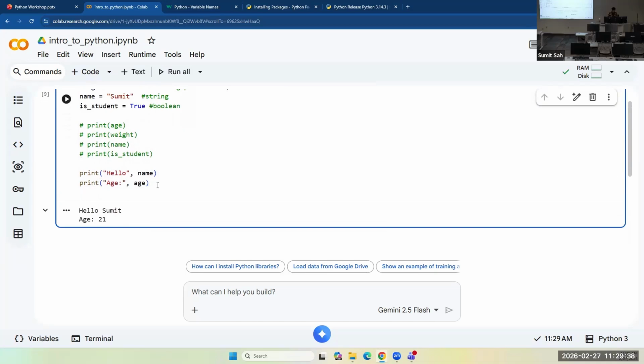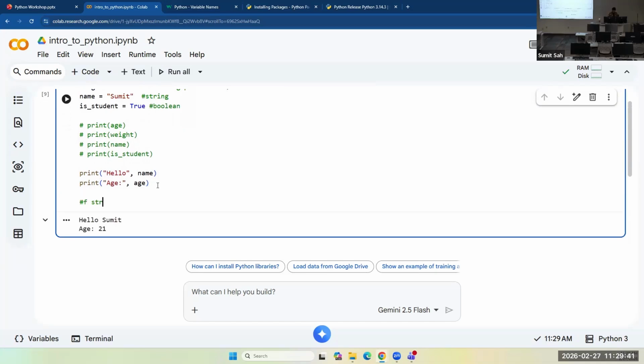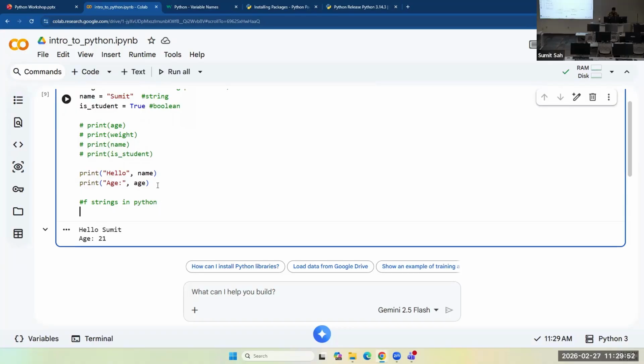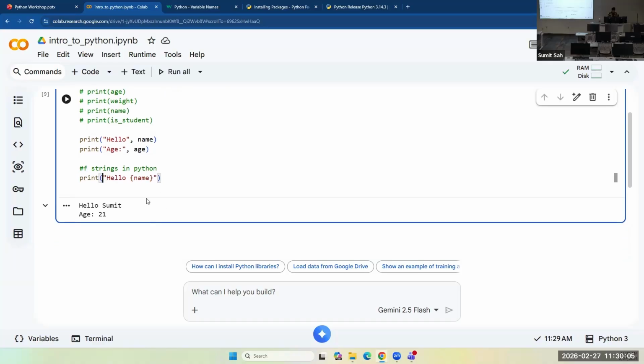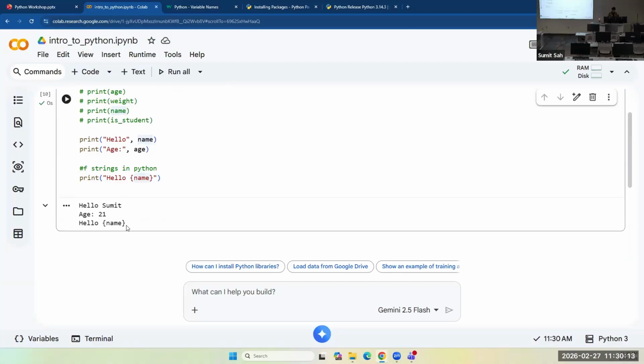Okay, cool. And there is something in Python called f-strings. F-strings refer to formatted strings. The AI is already giving me a recommendation. I'm going to accept it, and I will explain what f-strings are. Let's say you don't have this f here. Everything under the quotation marks is a string, right? So if you run it, it will print out hello and then the name.